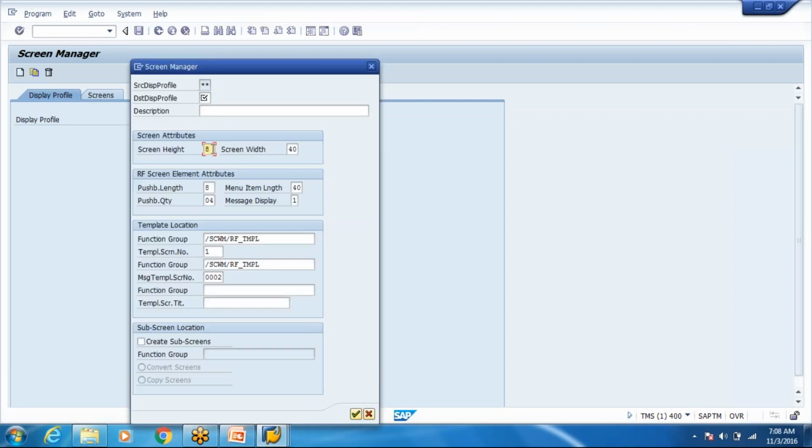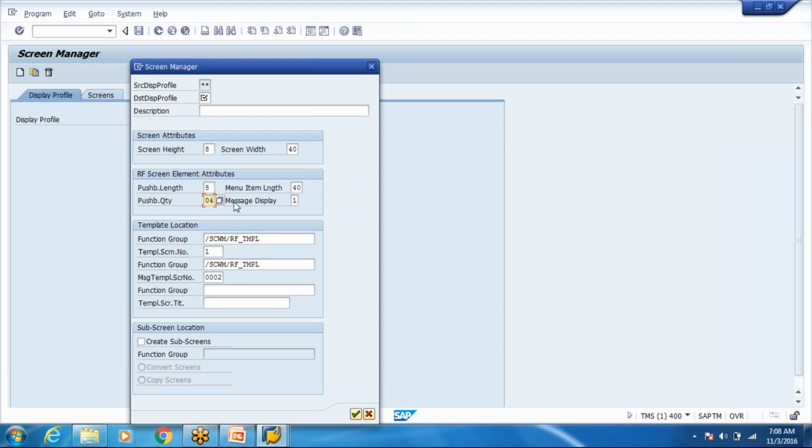Here you can change your screen height and screen width. As I told you, there are two standard ones: mostly all your RF devices support 8 by 40 or 16 by 20. Then how many push button lengths you can have, what is the push button length, and how many you can have.